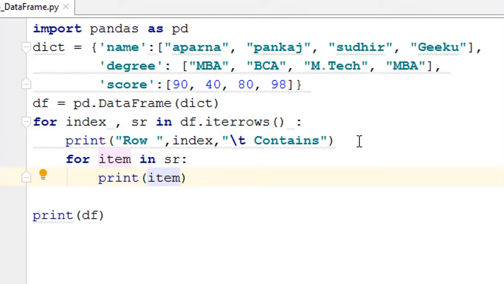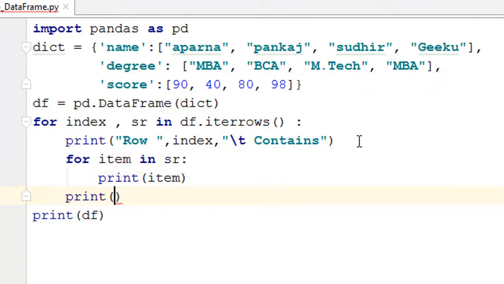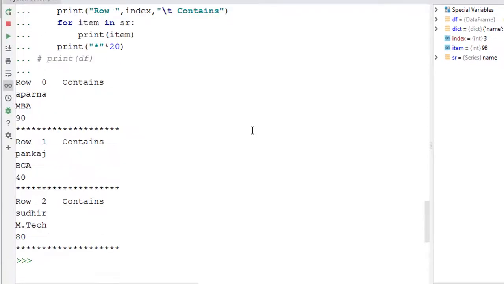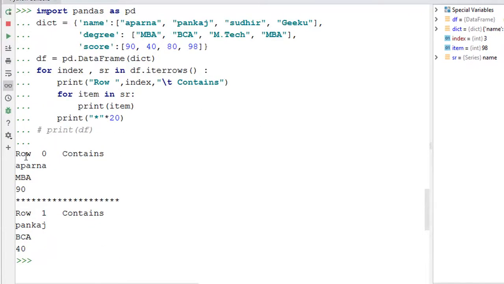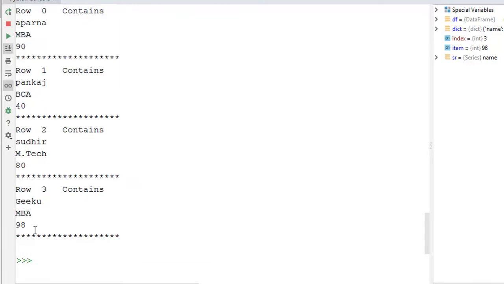Let's print an asterisk multiplied by, let's say, 20 will be fine. Let's run our code and see. Now you can see row 0 contains Arpana MBA 90, and row 1 contains Pankaj BCA 40, and row 2 contains Sudhir MTech 80, and so on.